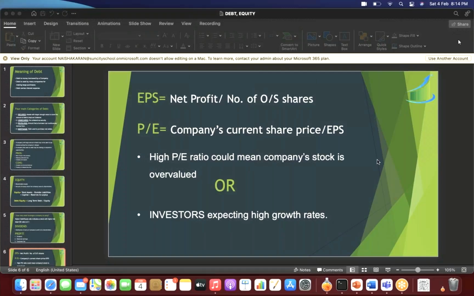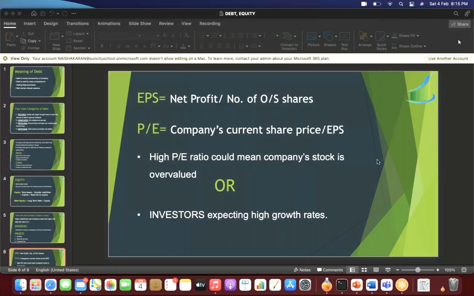And earning per share is already what we have discussed. That is the profit divided by the number of shares which have been issued by the company. Jaspreet ji, you will come to know of the outstanding shares from the company's balance sheet. That will show the company's shares which have been issued. Yes, the last traded price is the current share price of the company.